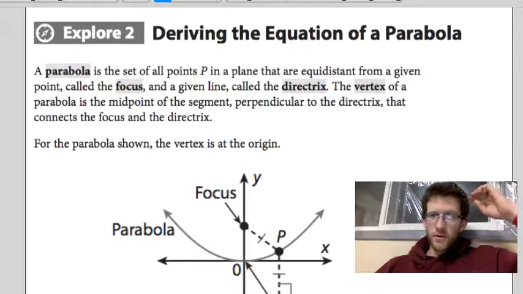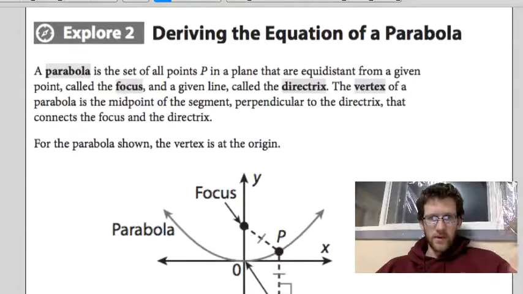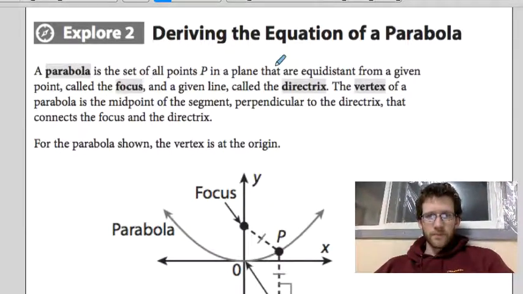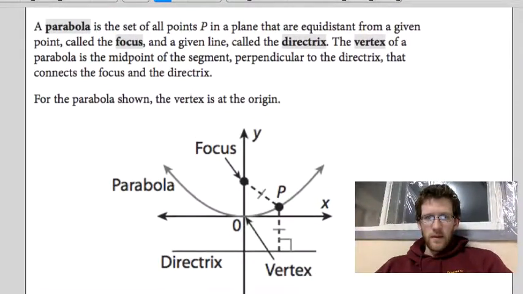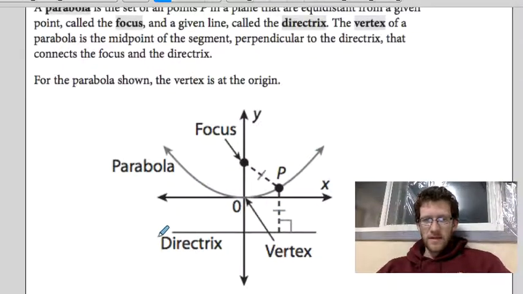So we have a few terms here. Try not to get too bogged down in them. There's basically three that we really need. So we talked about the definition of a parabola, and the point that the parabola is equidistant from is called the focus. So that's the focus point. And then the line that the parabola is equidistant from is called the directrix. So here's the directrix,